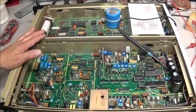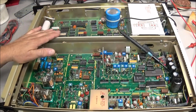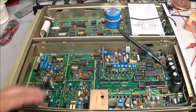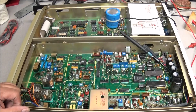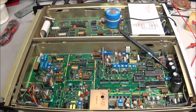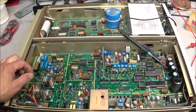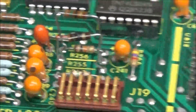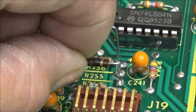So a little bit last night and some this afternoon, I got a chance to get back on the 8520A and do some tests over here on the DC buffer stage, when all of a sudden, just sitting here, a big puff of smoke came out and looked like somebody was welding inside of it. Well, this resistor went up in smoke,